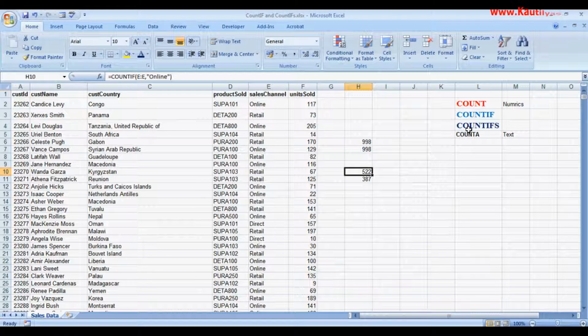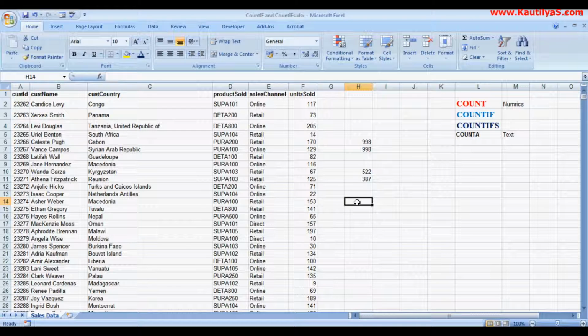COUNTIFS is another function where we can give multiple criteria or multiple conditions. Now if you are interested in knowing how many times the product SUPA 101 has been sold online, criteria 1 is the product SUPA 101, and criteria 2 is the sales channel.